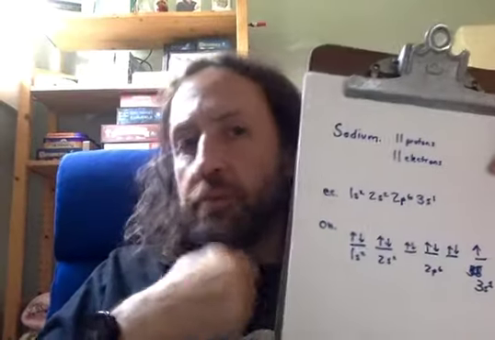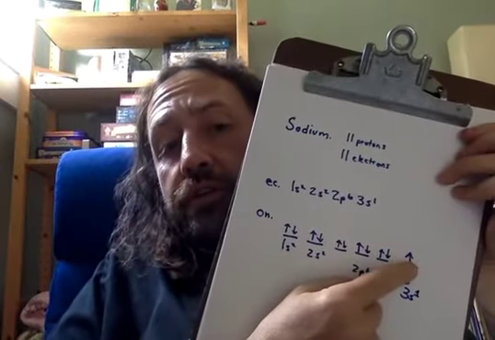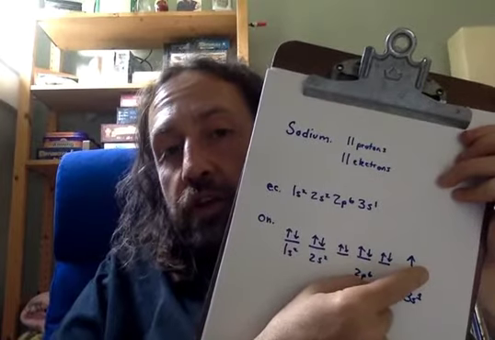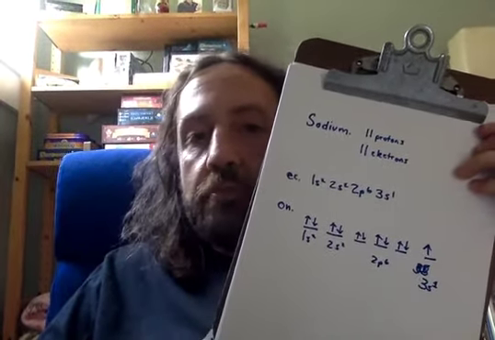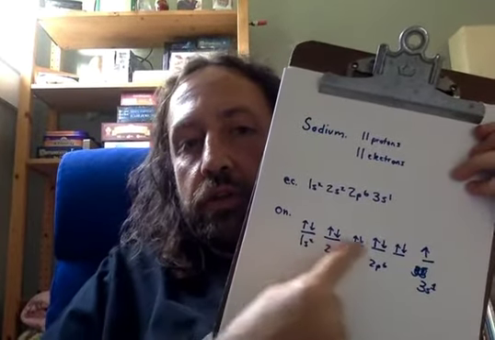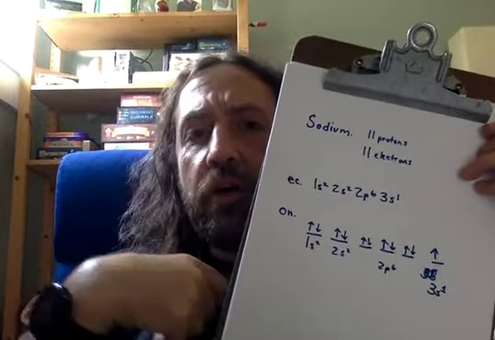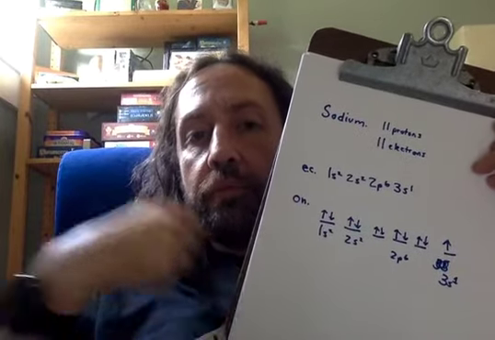Doesn't matter if it's pointing up or down. But what you don't want to do is just sort of by rote fill in another electron there, because that wouldn't be sodium, that would be magnesium. That's one of the main problems that people make when they're doing the orbital notation, is they'll just for some reason always fill out the last